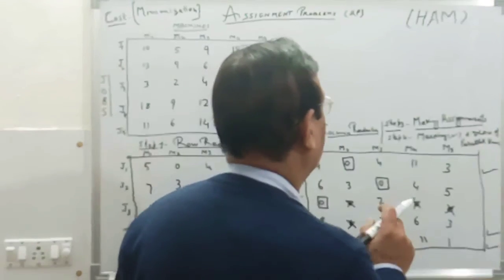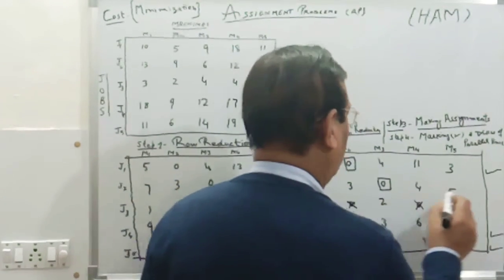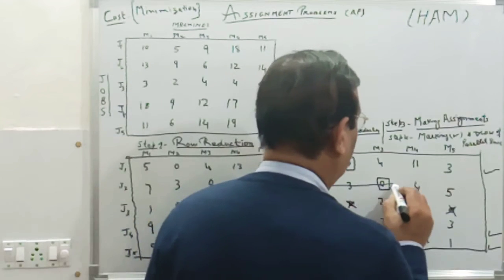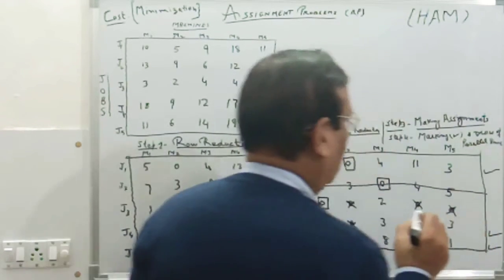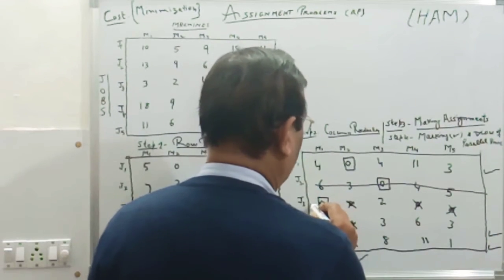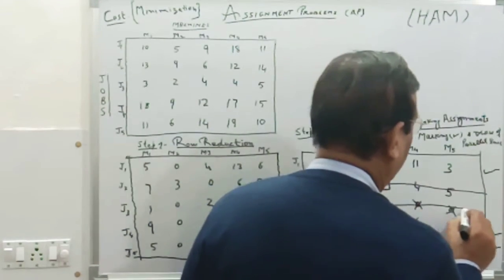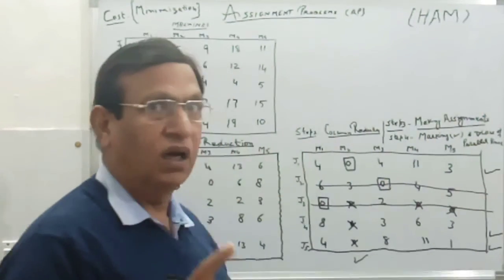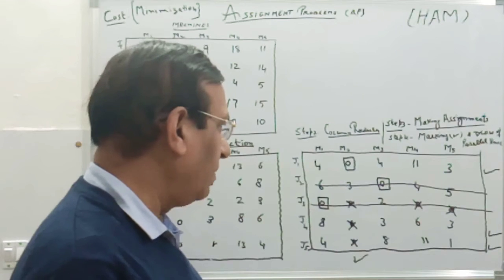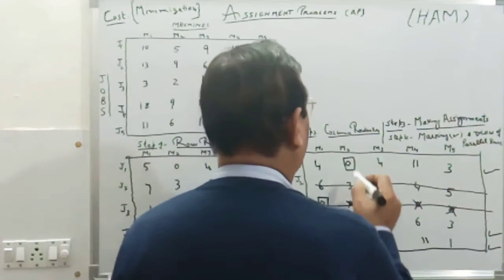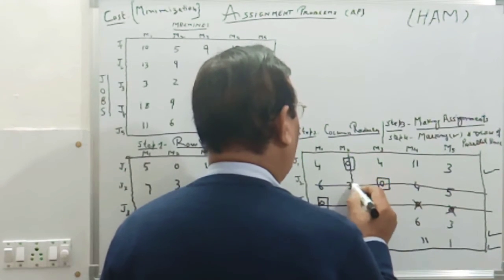Unmarked rows. This is the row which has not been marked, so through unmarked row. This again next row is unmarked because we have to draw the lines through unmarked rows and marked column, and this is marked column. One line,